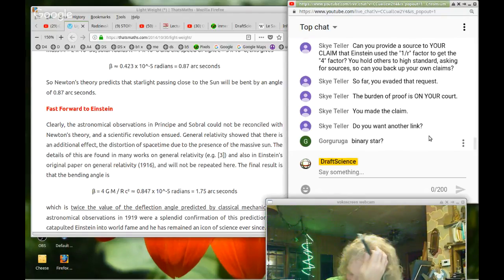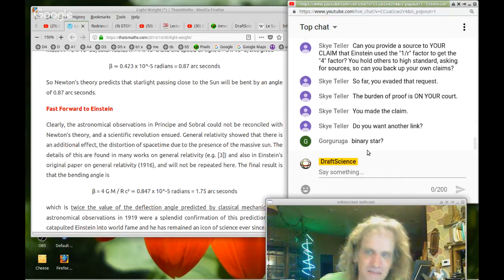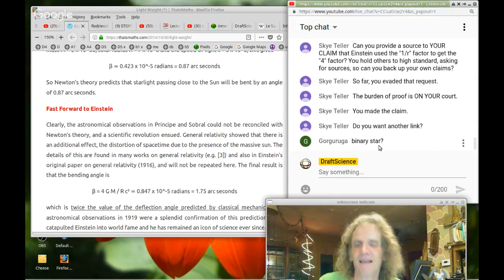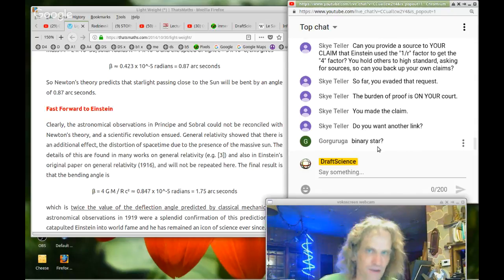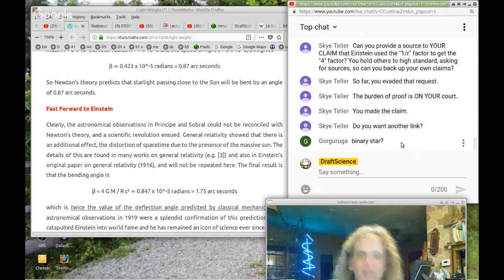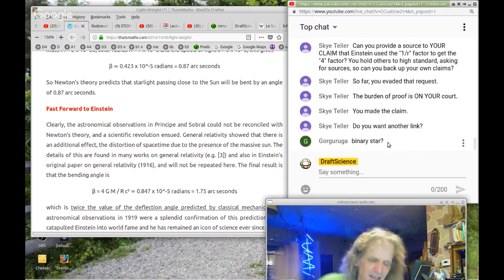Jesus Christ. Binary star. I already made arguments about how galaxies must be made out of binary systems, and that even solar systems had to likely, all the solar systems were 1-point binary systems. That's why they're flat. All the flat things had to be binary systems. But who cares? How is it relevant to any of this conversation about Einstein erasing a 2 and putting a 4 in, or doubling the mass of the sun just for photons? How is binary star relevant to that point?